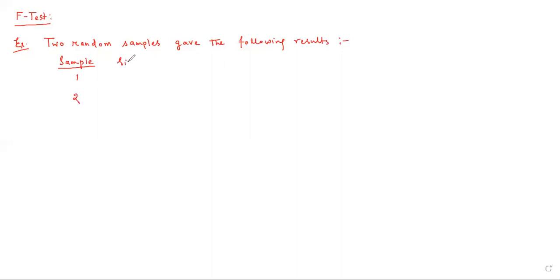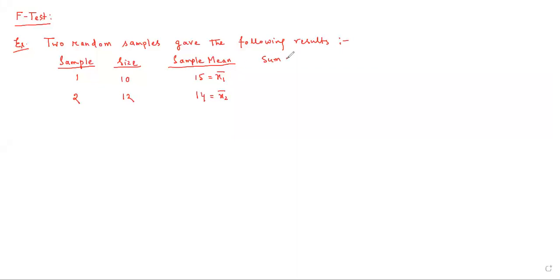The size of sample 1 is given to be 10. The size of sample 2 is given to be 12. Sample mean is given to be 15, which is x1 bar, and the sample mean of sample 2 is 14, which is x2 bar,